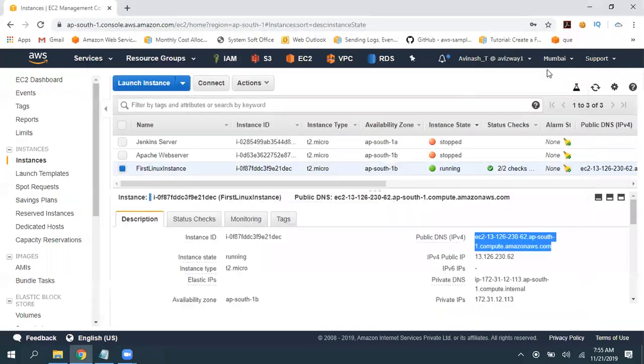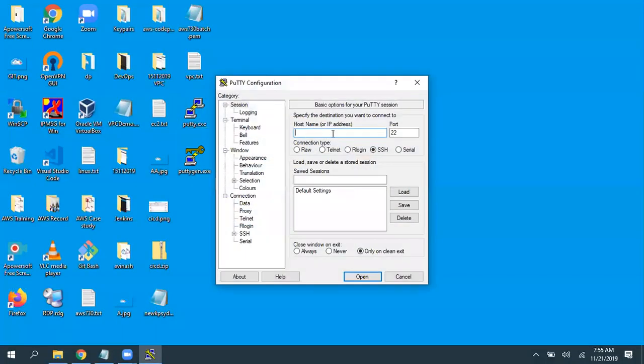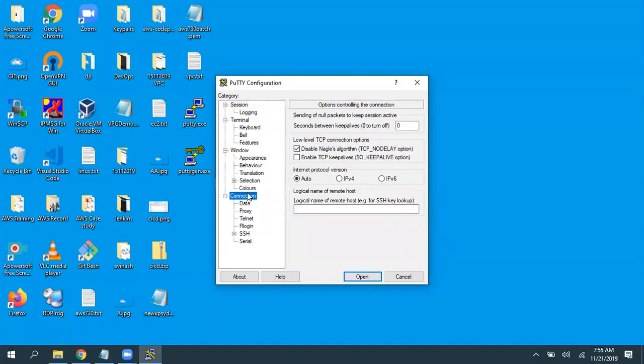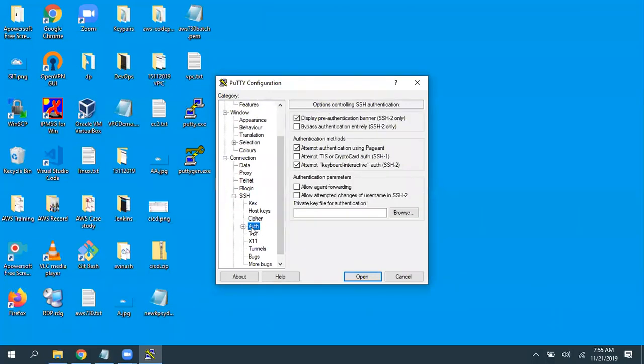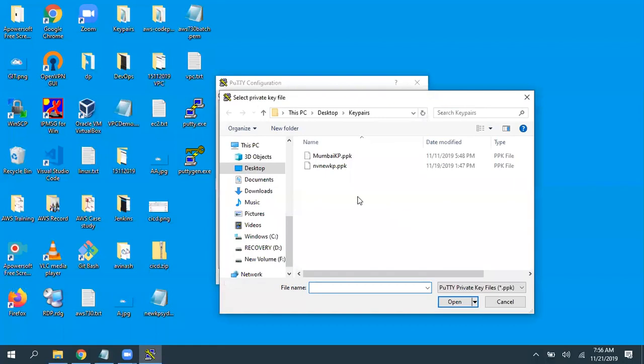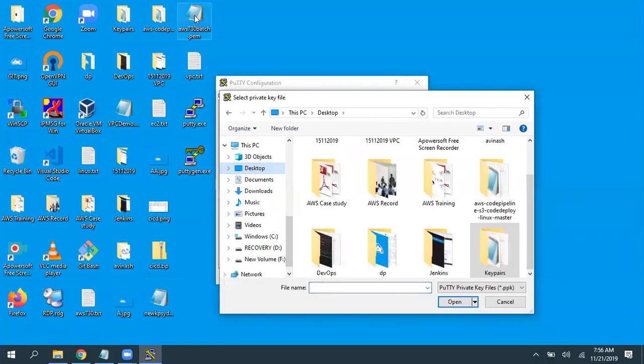So you must browse a file. Again, let me open putty.exe. Give the host name. Under connection, expand SSH, select authentication. And here is an option, private key file for authentication. Where exactly you have that file, you need to browse that. Click on browse and the file is on top of our desktop,